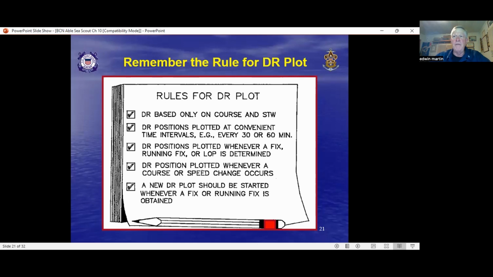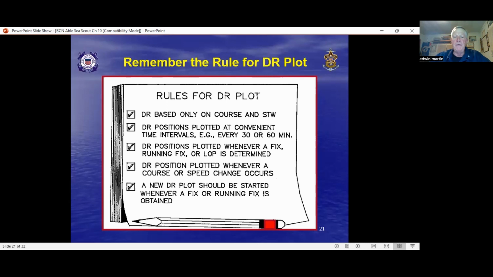And that's your starting point. A new DR plot is started whenever you have a fix, a running fix, or bearings, lines of position that determine your fix at any given point along your course. Whenever you change speed or change direction, you always start